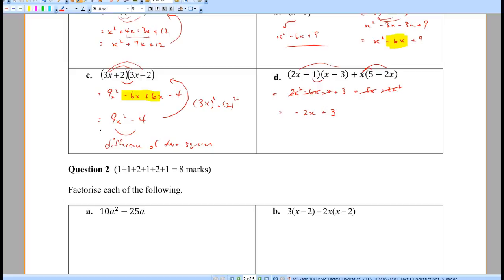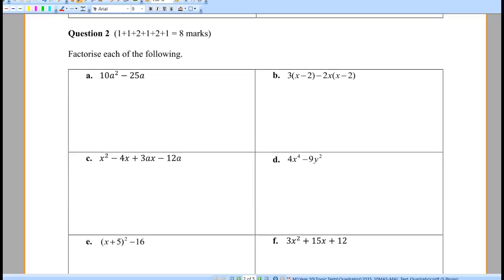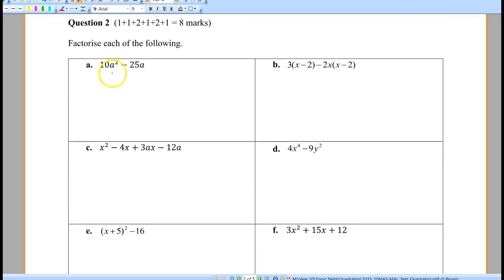Okay, go down to question 2. Now we're going to look at factorizing. Now we've just got two terms here, and we simply take out the highest common factor, 5a, and we get 2a minus 5 inside the bracket. Now in b, we've got a common factor of x minus 2. So we take it out, and 3 minus 2x is my other factor. You'll see that come up again when we factorize